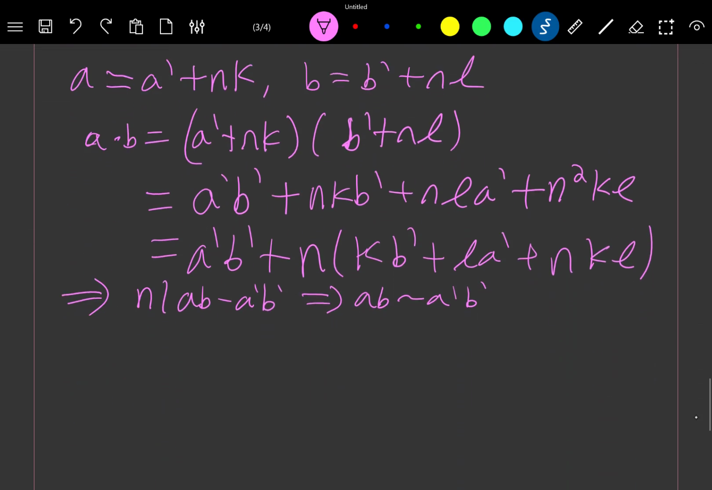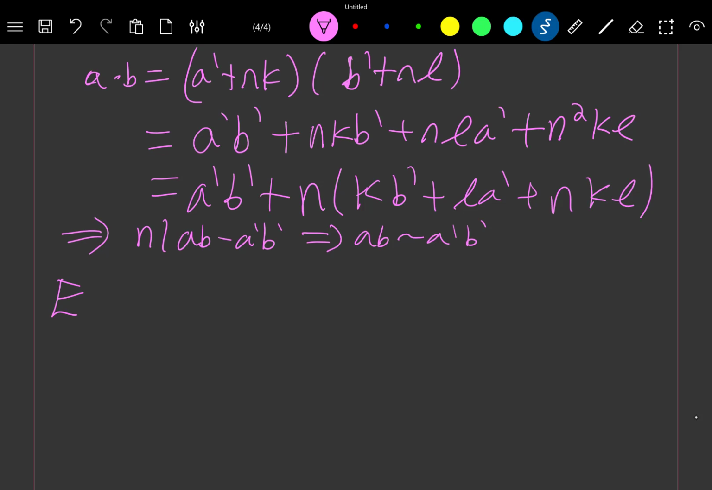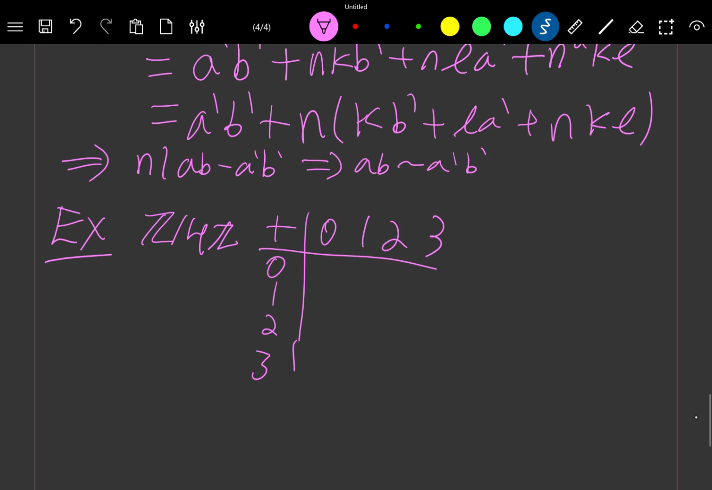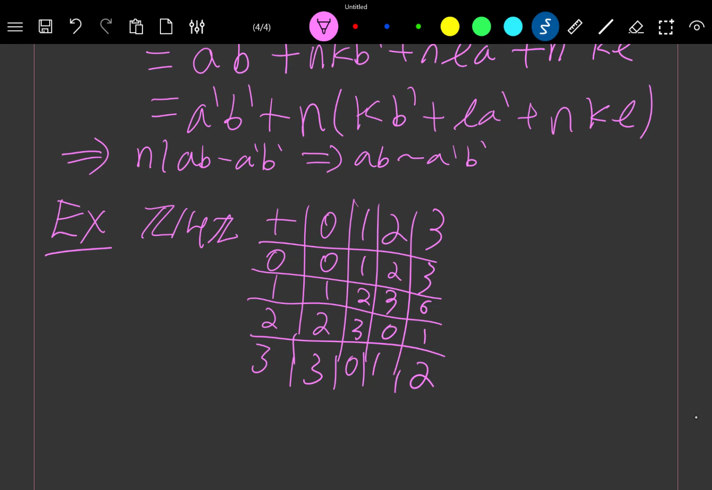Now, I want to do one more example that kind of shows, or let's do two more examples. So let's do Z mod 4Z. So if we think of addition, 0, 1, 2, 3, 0, 1, 2, 3. So that's the addition table. And then if we look at the multiplication table,